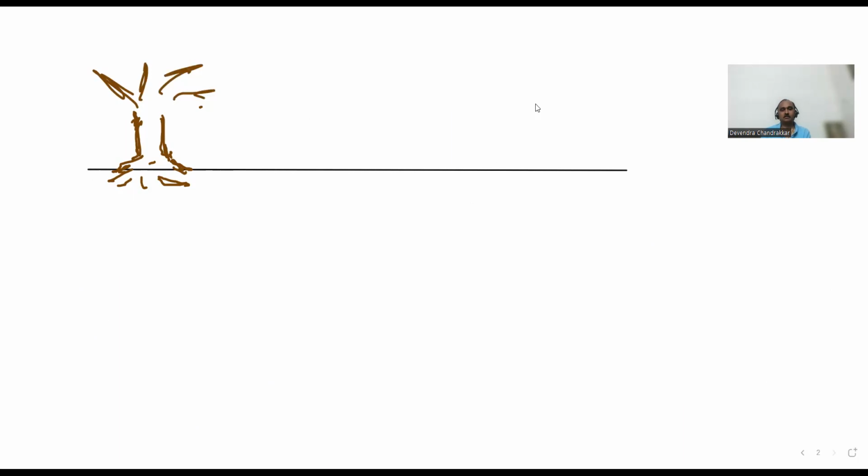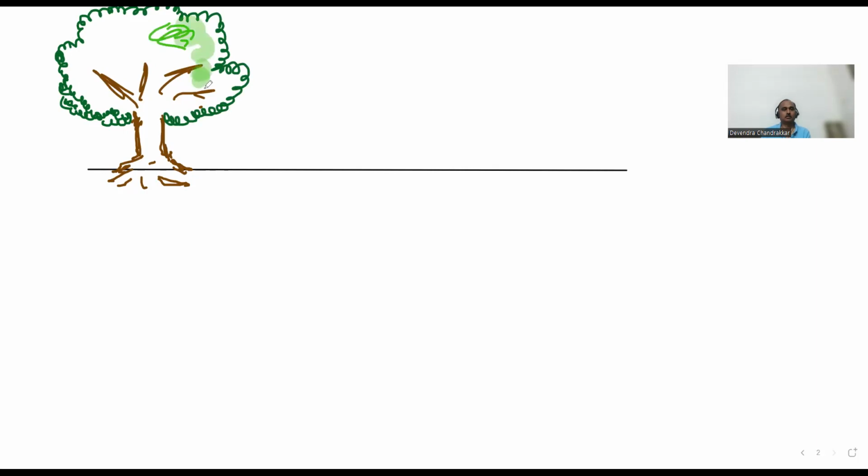So this is the tree which we have. ठीक है? ये हो गया पेड़ तुम्हारा, इस पे तुम बैठ जाओ।